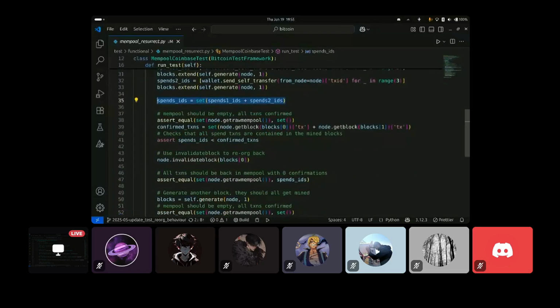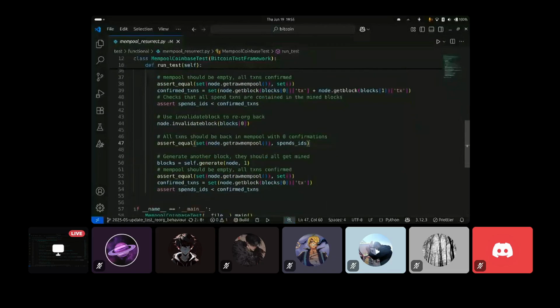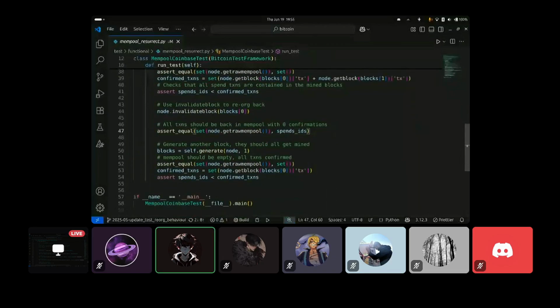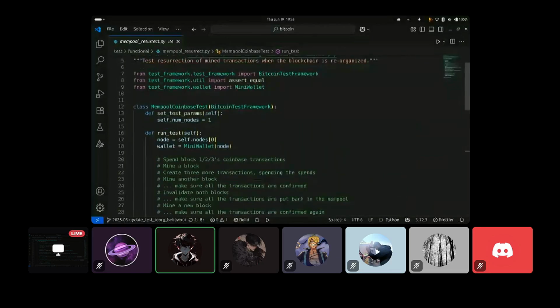and then this spend transaction should be inside the mempool. Then generate another block to clear up the mempool. Yeah. So I think for this, what we'll do is